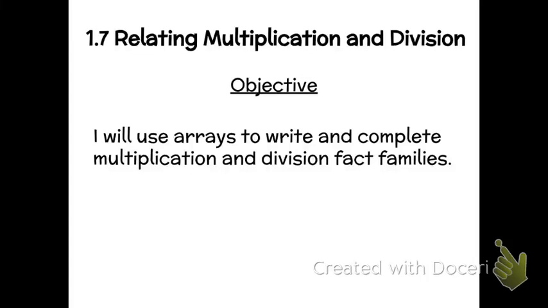Today's lesson is topic 1.7, relating multiplication and division. The objective for today is, I will use arrays to write and complete multiplication and division fact families. Be sure to write down the